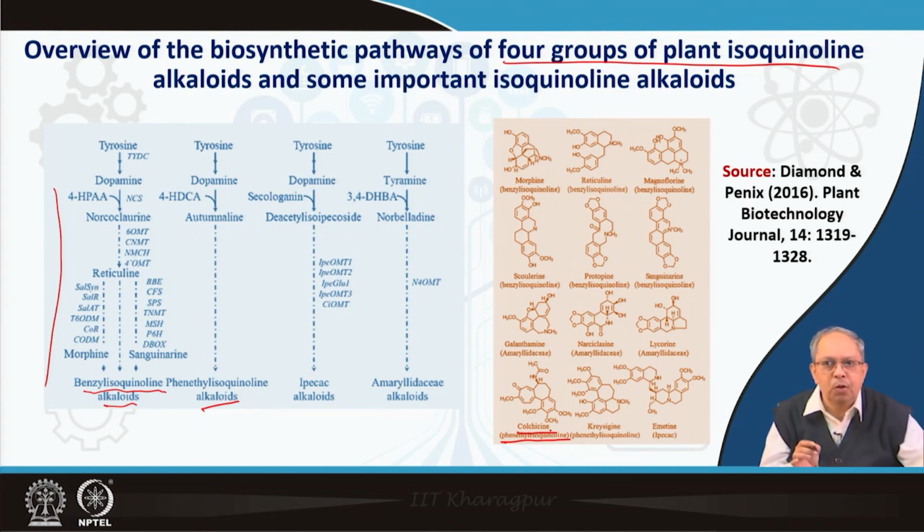We will cover the colchicine biosynthesis a little bit later, once I finish the metabolic engineering application, and before ending the isoquinoline group I will cover colchicine. The third one is the ipecac alkaloid. The example is emetine, and emetine has a lot of pharmaceutical applications, and we will not cover that, but